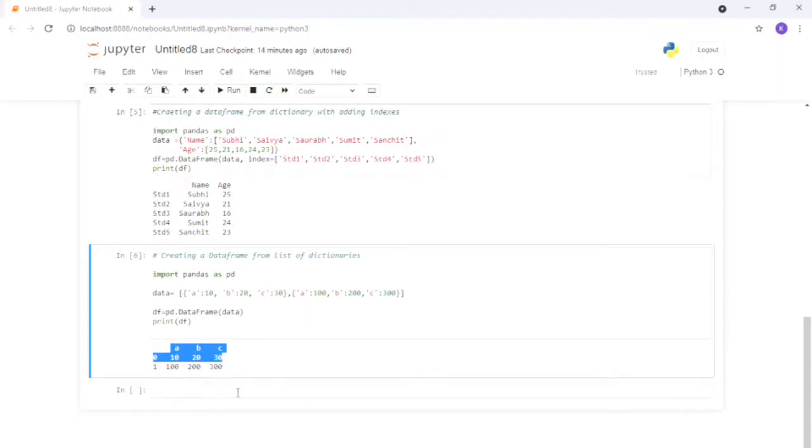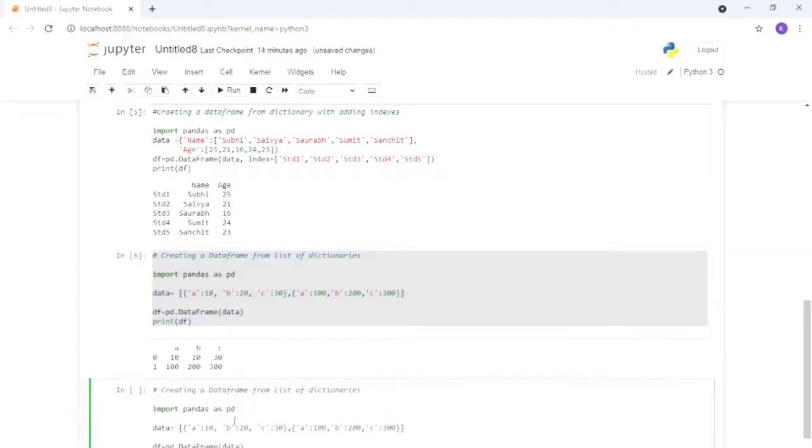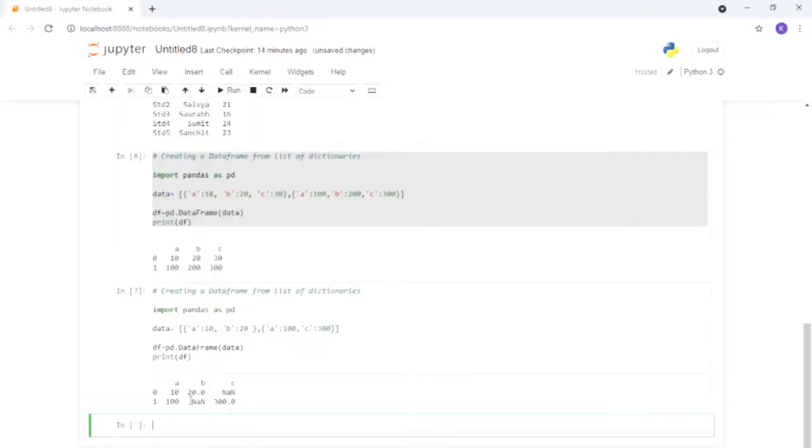And after that, suppose what happens if there is no value, like if there is a value which is missing. So if it is a missing value, it will print NaN. Suppose that I'm just erasing this for now to show you, and this one in the second row for now to show you. Okay, once you run it, you can see it will print it. The value of C here is NaN, and the value of B is missing here, so it is NaN.